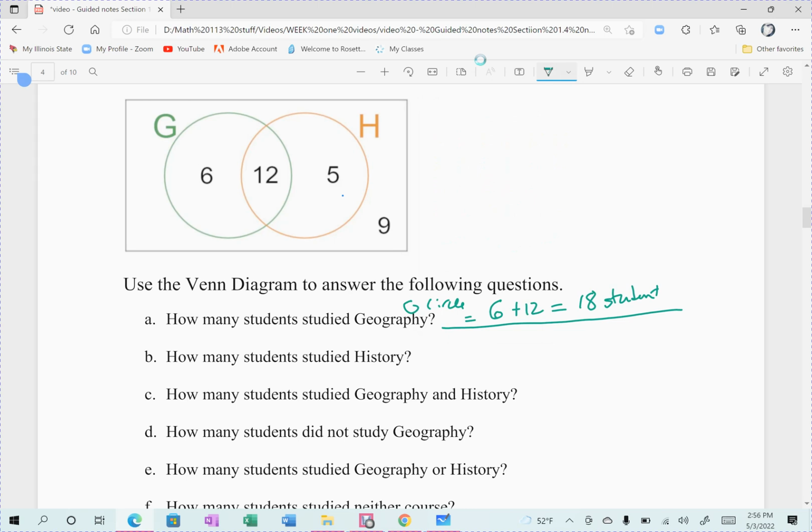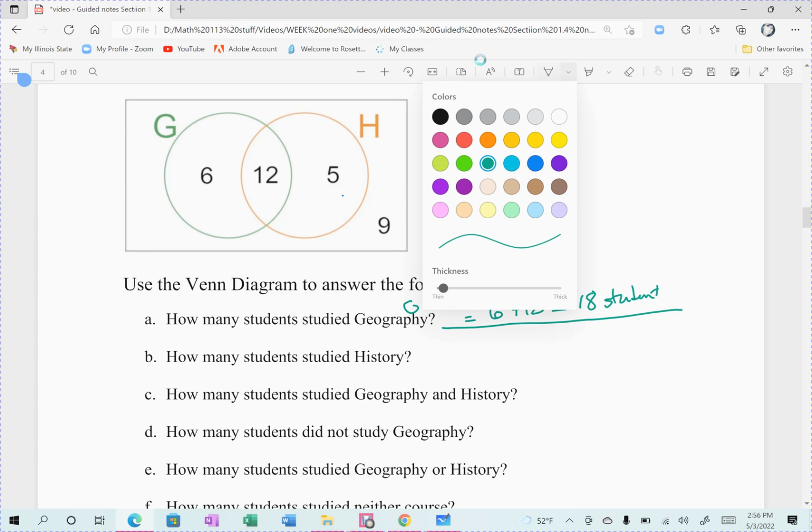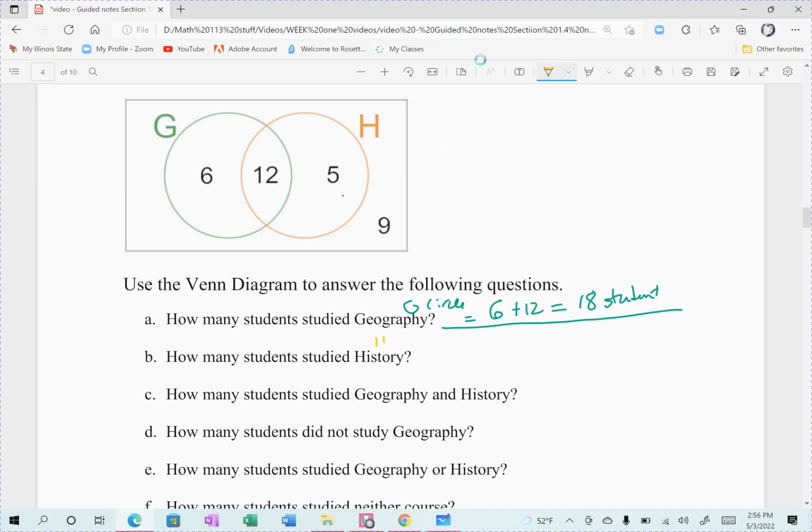All right, same question, but now the history question. That was everybody in the geography circle. So the next one is the history circle. I want to know how many people are in the history circle. We're looking at the orange circle, the history circle. So that would be the 5 that only study history plus the 12 that studied both history and geography. So it would be 5 plus 12. And so there were 17 students